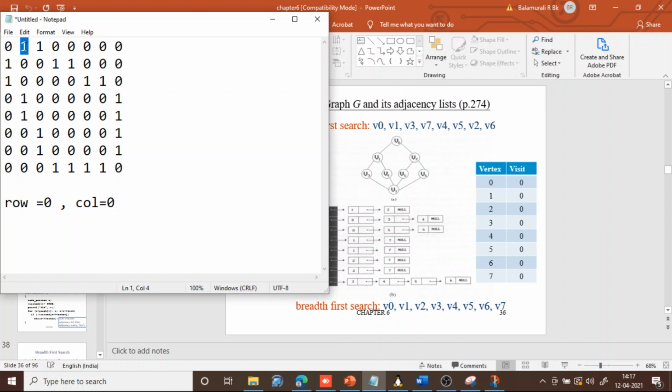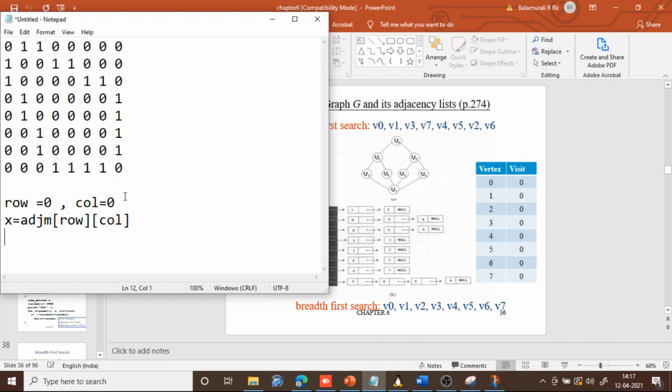If this value is 1, I mean the value you can take as x, if this adjacency matrix is represented as adj m, then x is adj m of row, column.